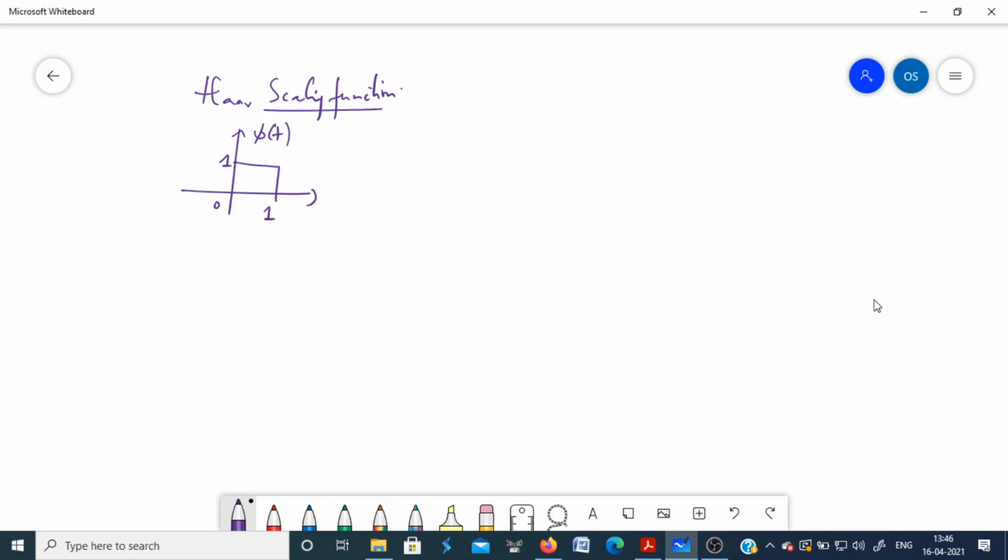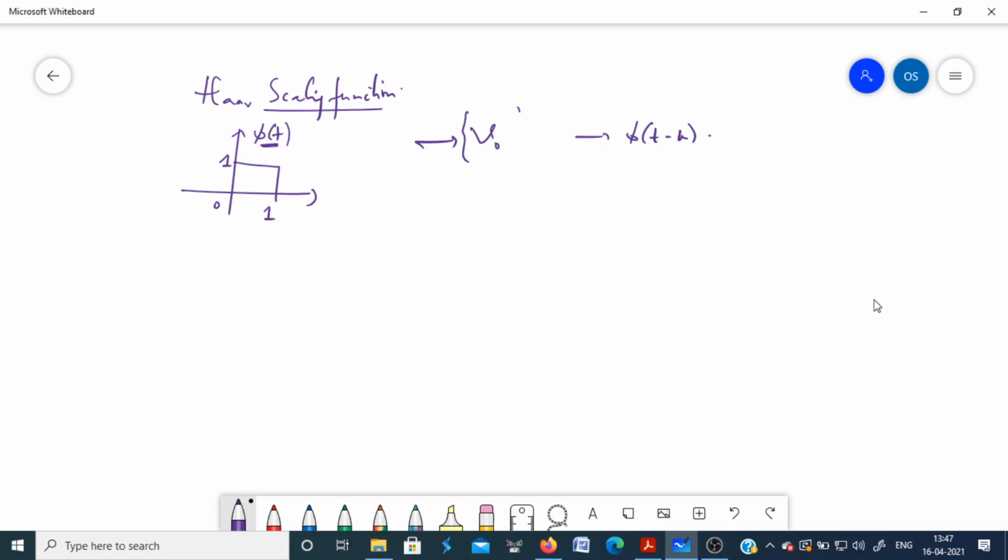Now let us suppose that v naught is the span of this function phi t minus k. It means all the functions which can be generated by the translates of this scaling function,